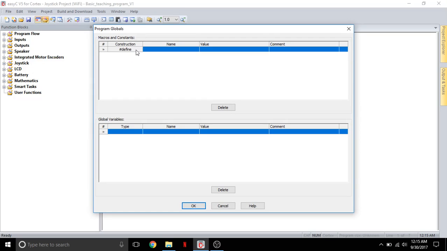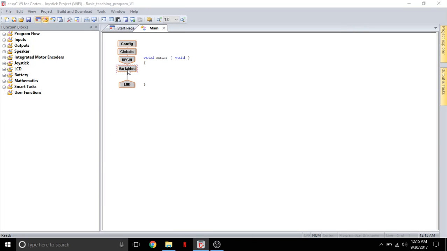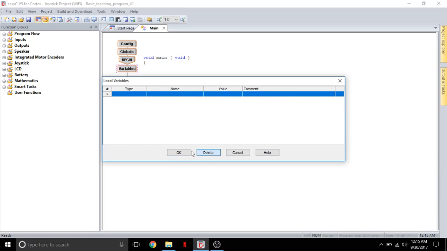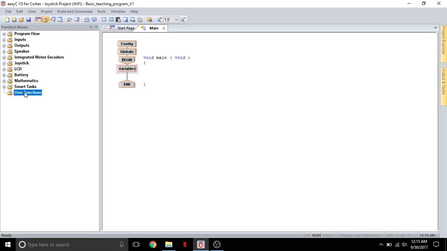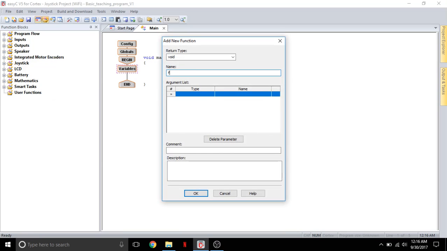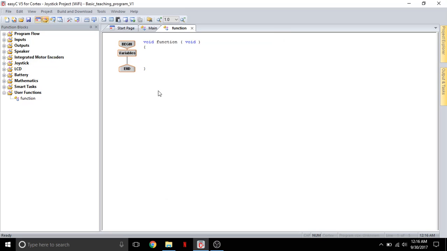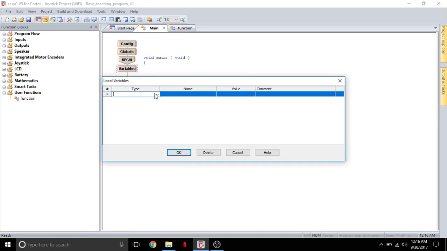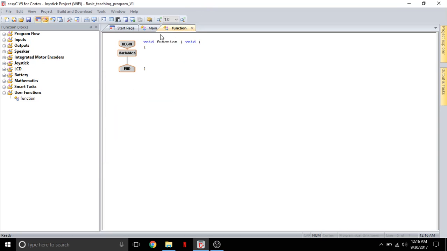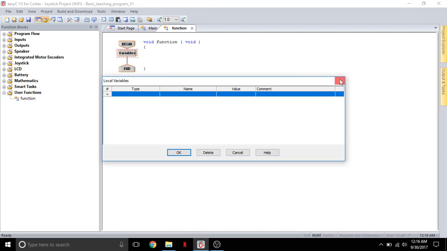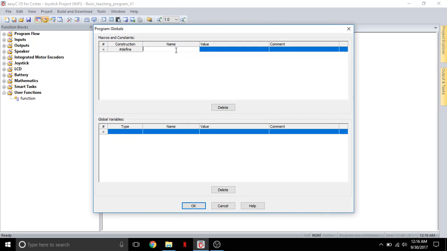The globals, on the other hand, are global variables, which will be shared through all of your subroutines, because a variable here will only be on this page. If I were to start a user function, add new function, this is a subroutine. If I have a variable here, and I look at these variables, it's not shared. However, if I were to create a global, again, integer, global variable,